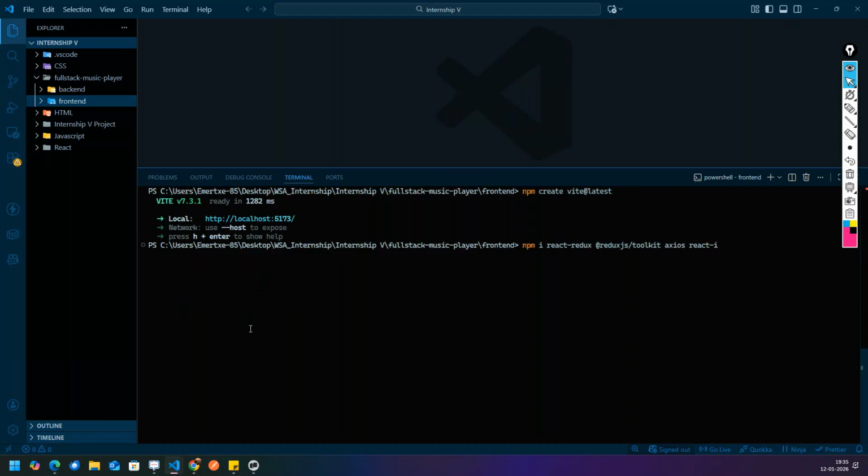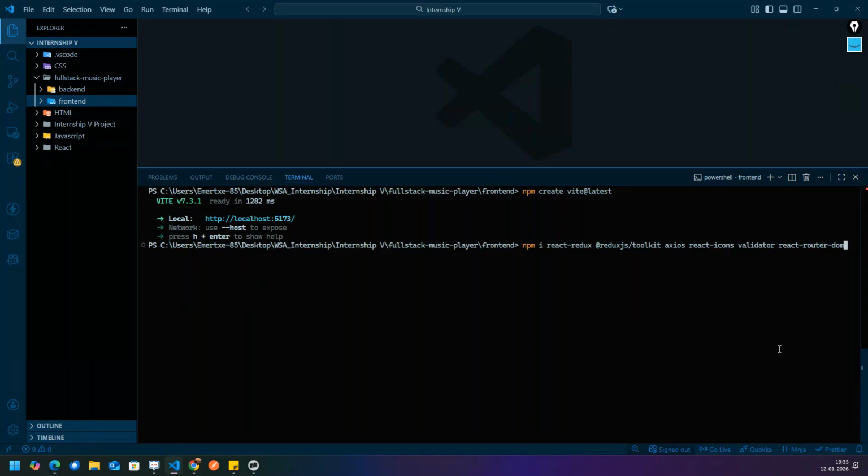React icons, because we are using it for the icons, and then validator, and then one more thing you can write is react-router-dom. Please install these things.